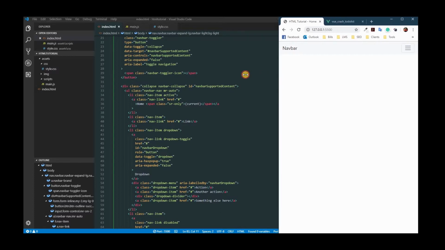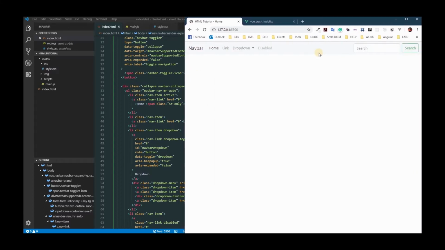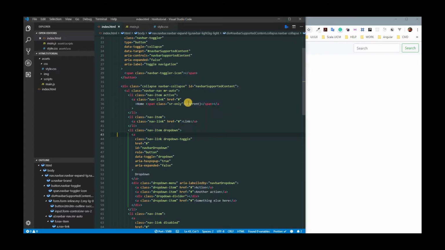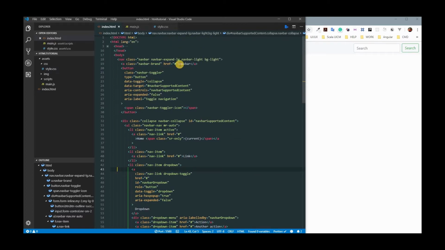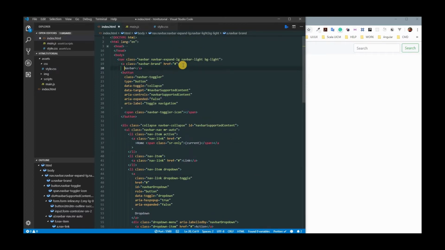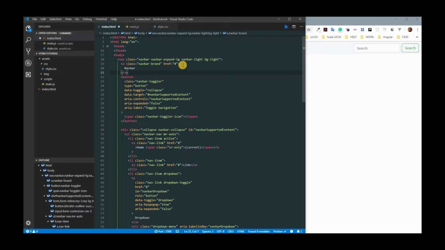So let's put that a little bigger so you can see it also, like that. Here you have your entire navigation, but obviously this is not what we're building. It's not going to look like this. So we're going to have to slim this down a little bit and take some stuff off. The first thing we're going to do is mess around with the part that contains the